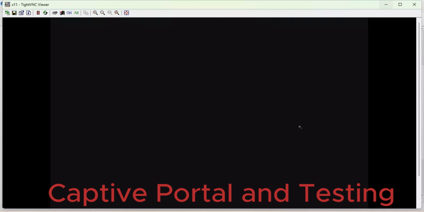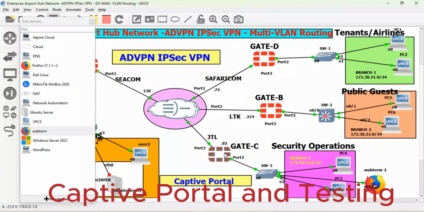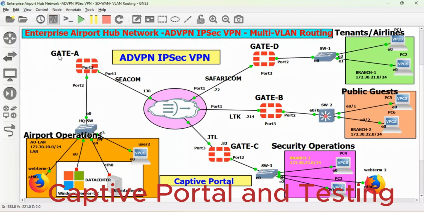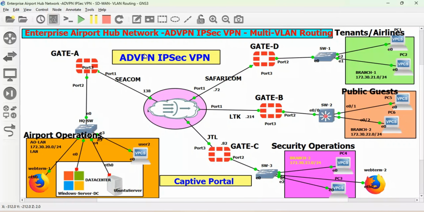Because of time, I'm not going to troubleshoot, because there is a video that I did earlier on how to troubleshoot captive portal, and also there is a video that I did on captive portal configuration on the FortiGate firewall. So this is how an enterprise, airport, and transportation or transport hub is simulated using this auto discovery VPN, captive portals, and multi-VLAN routing. Just to verify, this user,